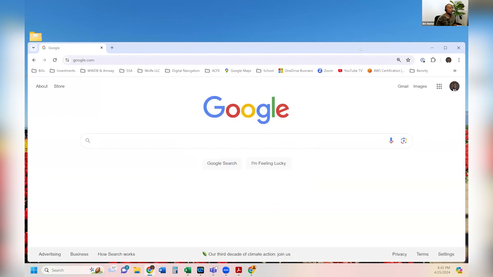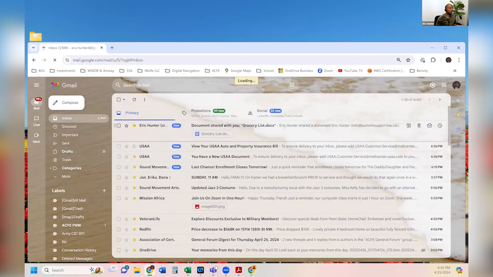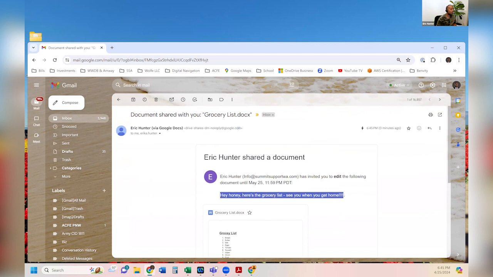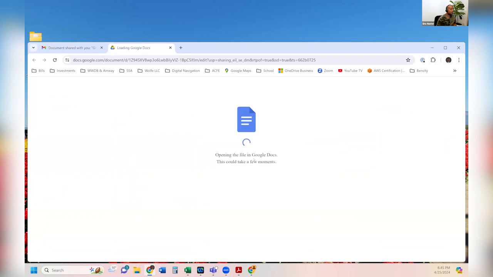So I should have received an email here saying that I was granted access to a document. And here we go. It says, Eric Hunter shared a document with you. And then it says the email address that has invited you to edit the following document. There's the note that we put in it. And then here's the list. So if I hit open,